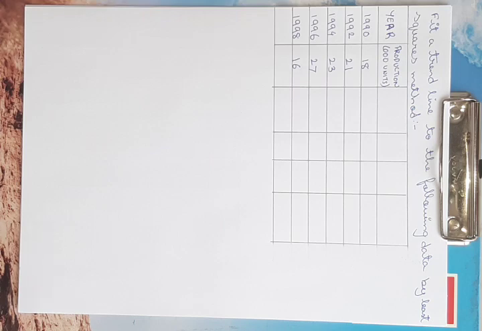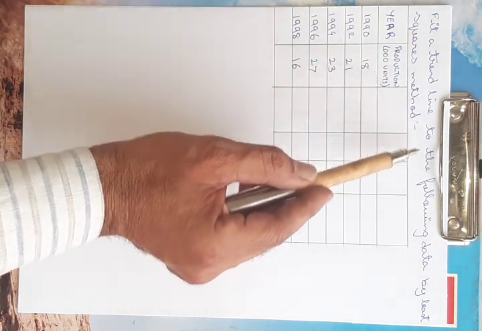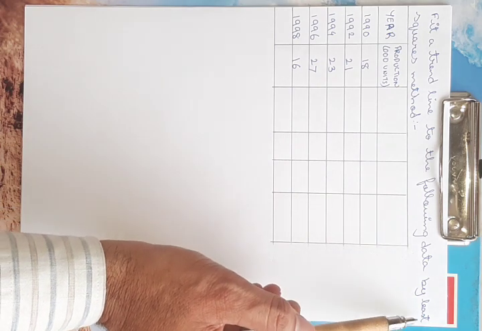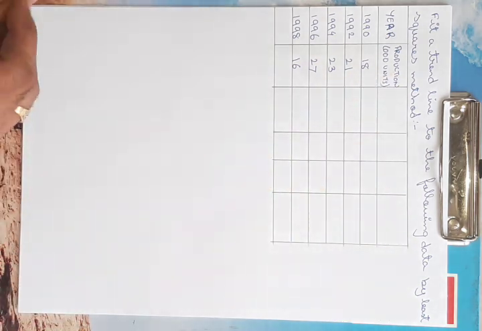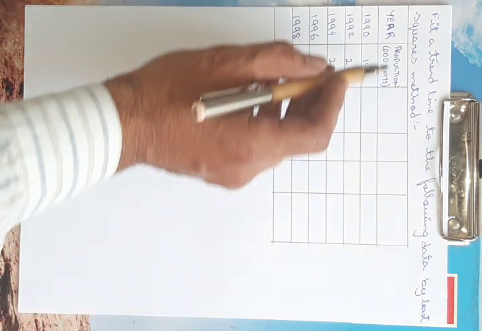Hello friends, today we are here to solve a time series analysis problem. Now here the problem is given, fit a trend line to the following data by means of least square methods. Now here friends, the problem is of time series wherein we are going to solve it by using least square